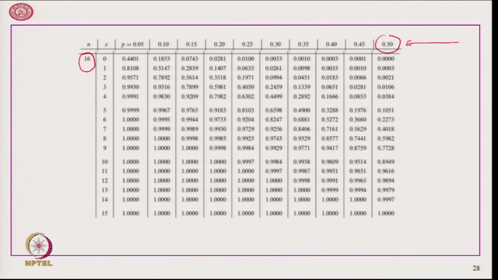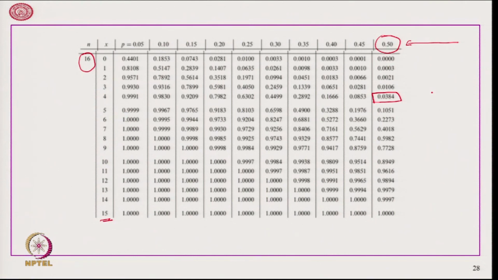For this example, our consideration is 0.50, n is equal to 16. So, we are looking at, for different values of x, what is going to be the cumulative probability. Say for example, for the value of 4, the cumulative probability is